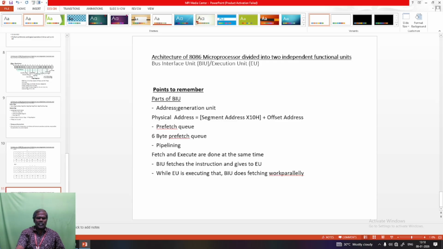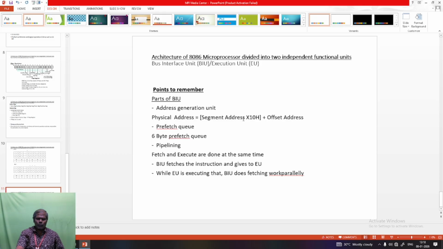Then in the address generation unit we can calculate the physical address. How can we calculate? Physical address equals segment address. There are 4 segments, each segment having its address. That segment address helps find the correct place.